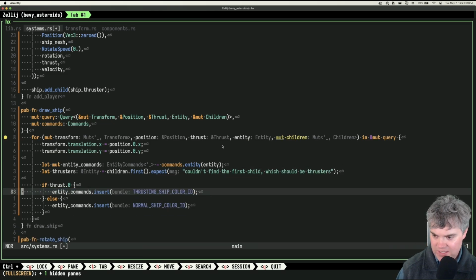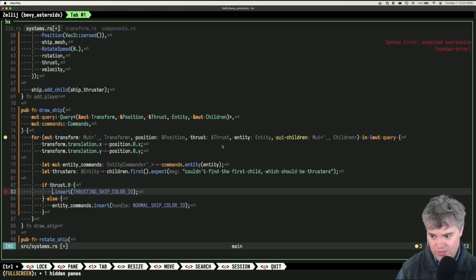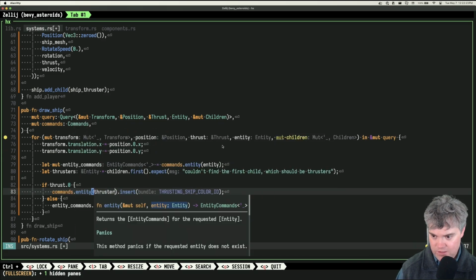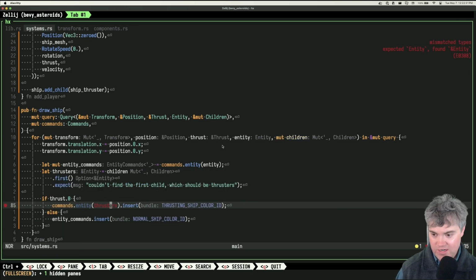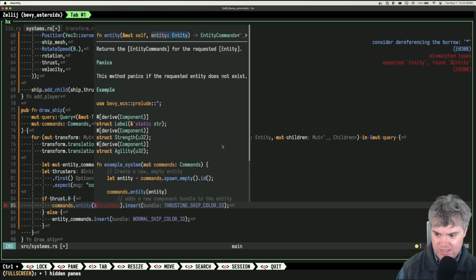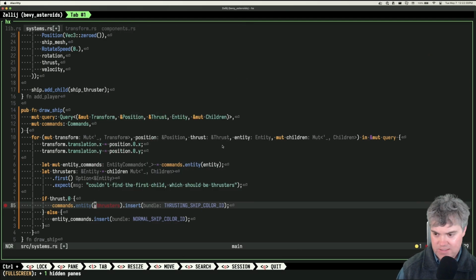Okay, so then that gives me entity, and because entity, I now need to do the entire command entity thrusters, and then insert. Oh, it expected the full thing. Now, if I try to dereference that, oh, that works.